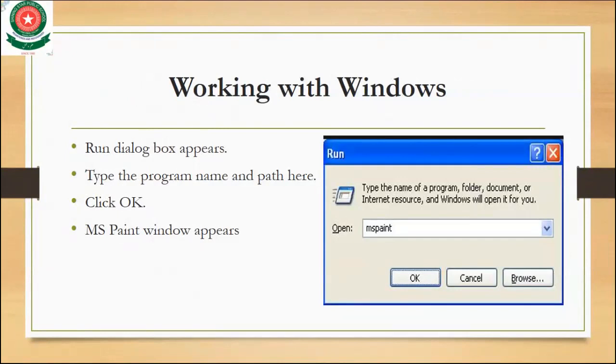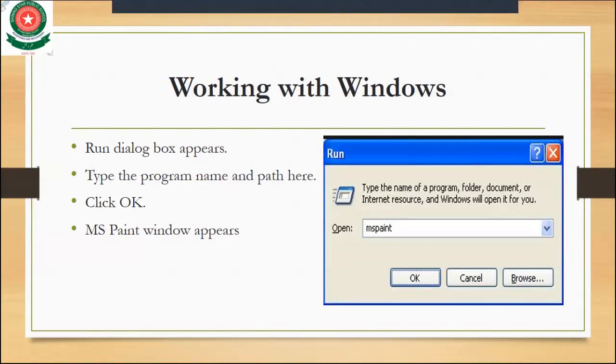Type the program name, for example Paint or MS Paint, and click OK. When you click OK, the MS Paint window will appear. Okay, these are the steps from your previous slides.